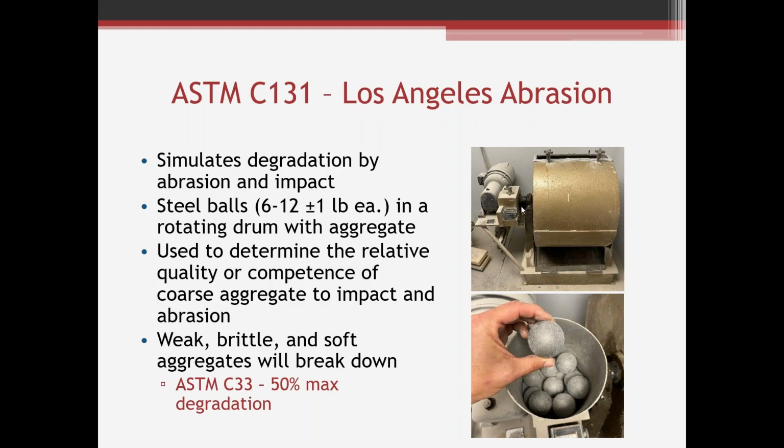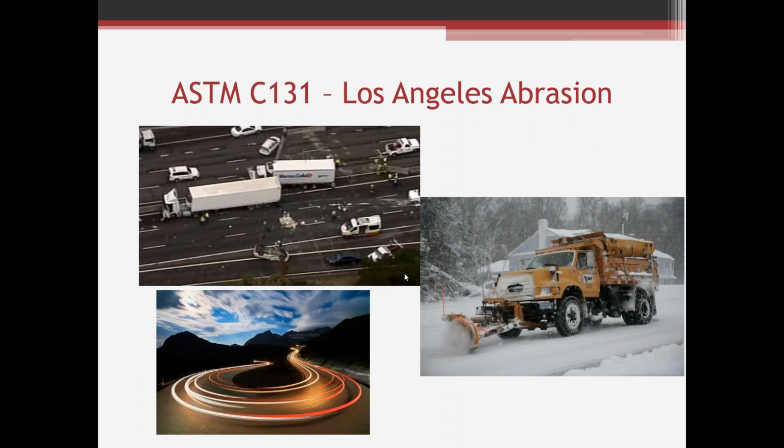There's no mass loss, right? We're not losing any mass, just the particle sizes are breaking down. It can be a pretty extreme test, with all these steel balls rolling around, beating off of the aggregate. But ASTM does allow you up to 50% maximum degradation, so you can have quite a bit of degradation. But again, this test measures impact and abrasion resistance. If we're using it on roads, highways, bridges, things like that,